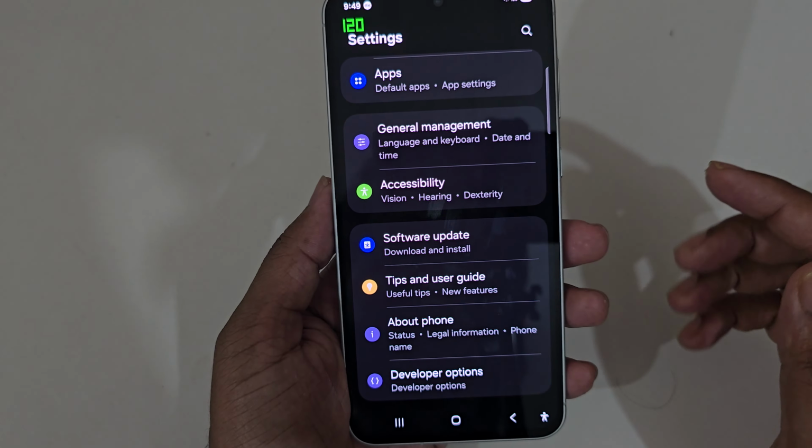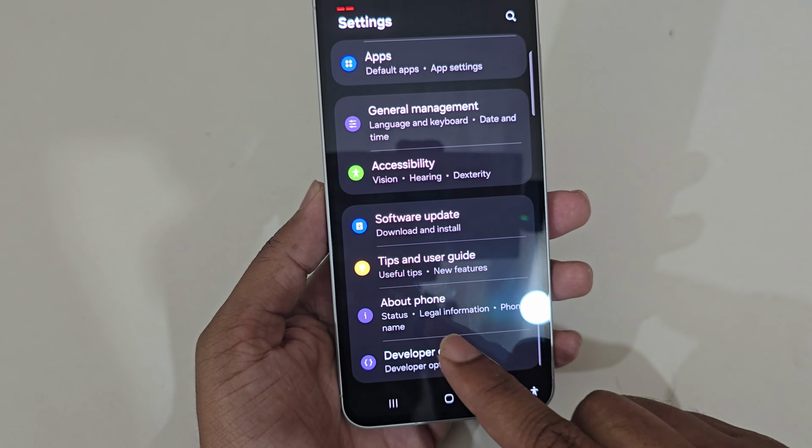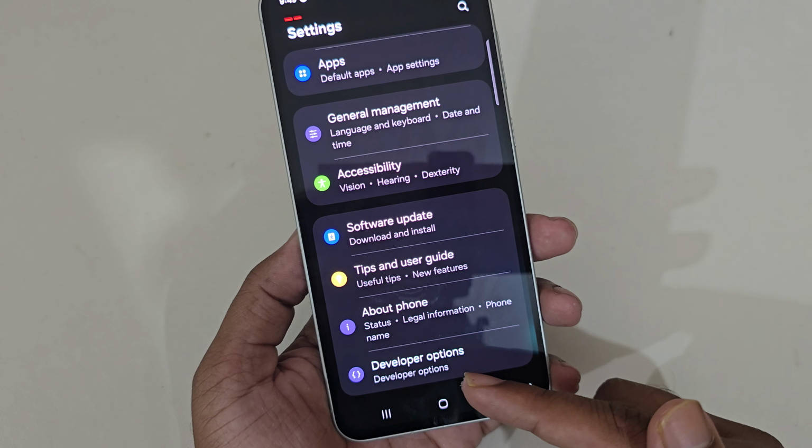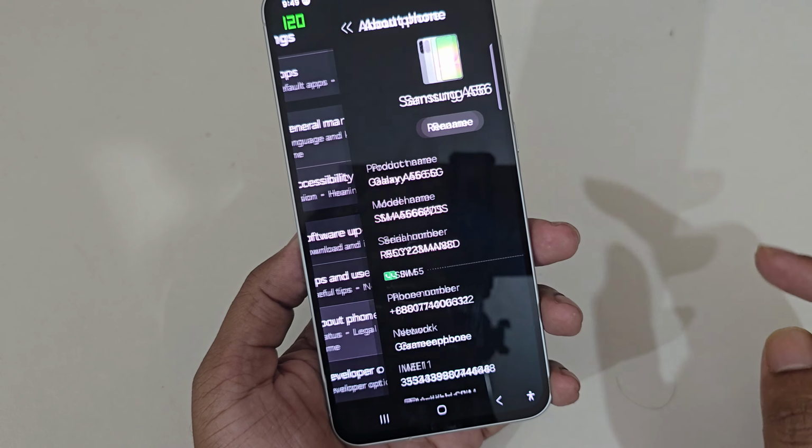Simply open up your Settings, and under Settings you can see About and Developer options. I already enabled the developer option. If you don't see the developer option, simply go to your